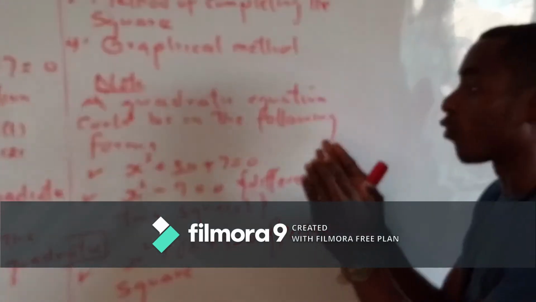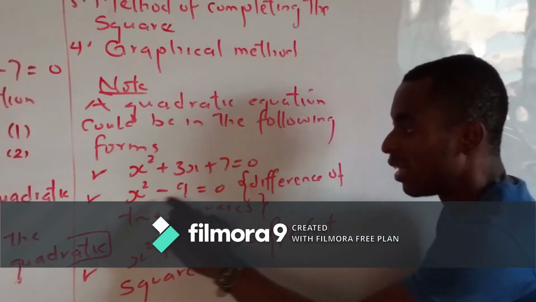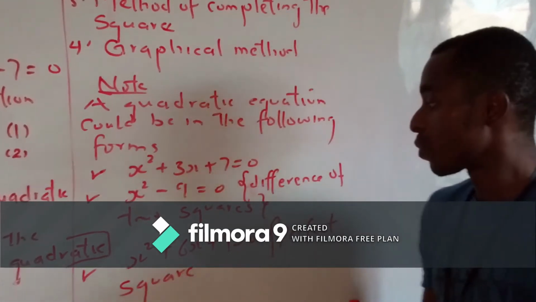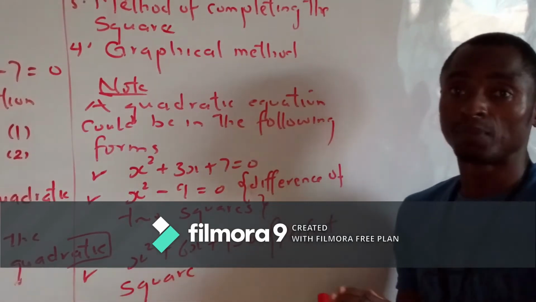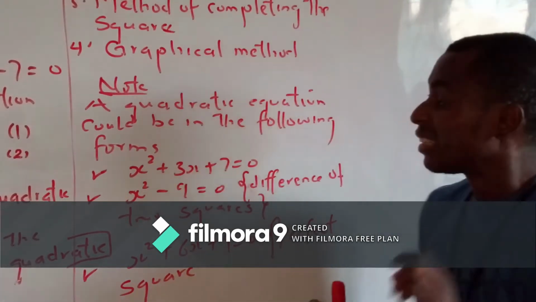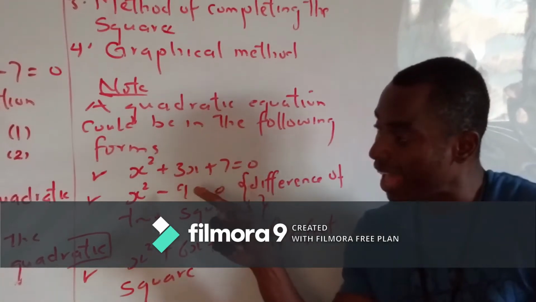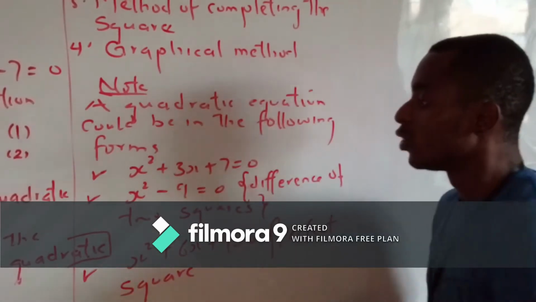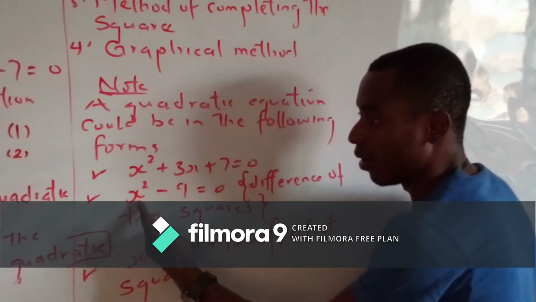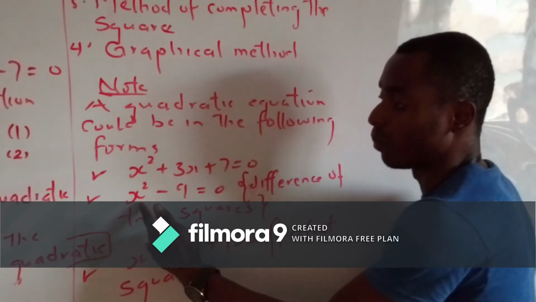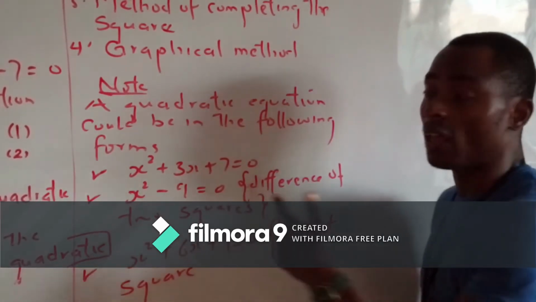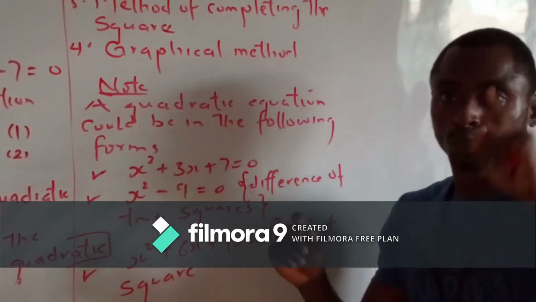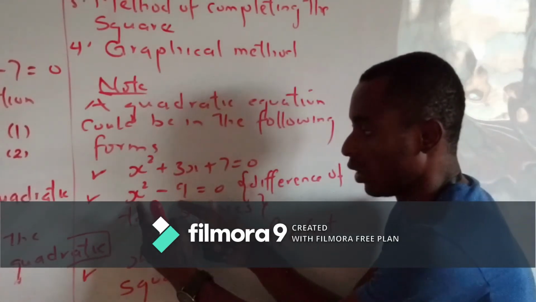We have another form of quadratic equation in this form. This is called difference of two squares. Please note, difference of two squares usually has a minus sign and not a plus sign. You have the first value with power of 2, x having power of 2, and only a constant. We do not have any value for x with power 1. This is how it appears.